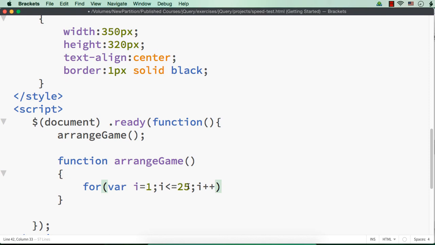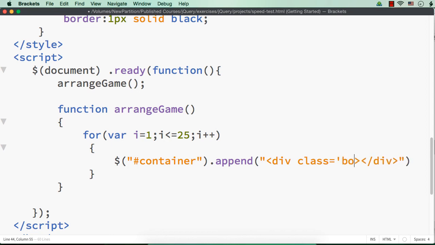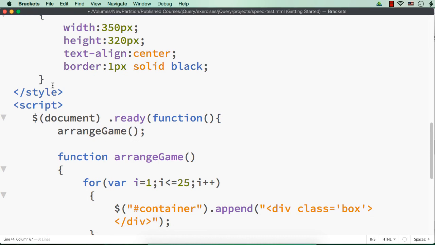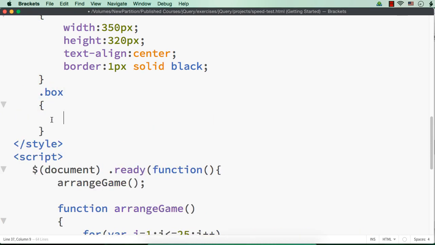If you don't want to hard code the values, you can specify it in a variable and specify it here. Okay, here I am hard coding the value, and within this let me specify $('#container').append. What we need to append? We need to append div elements, right? So let me just specify div and closing div tag, and here let me specify class equal to box so that we can style these div elements easily. Then let me access them using the class name box, and let me style those div elements.